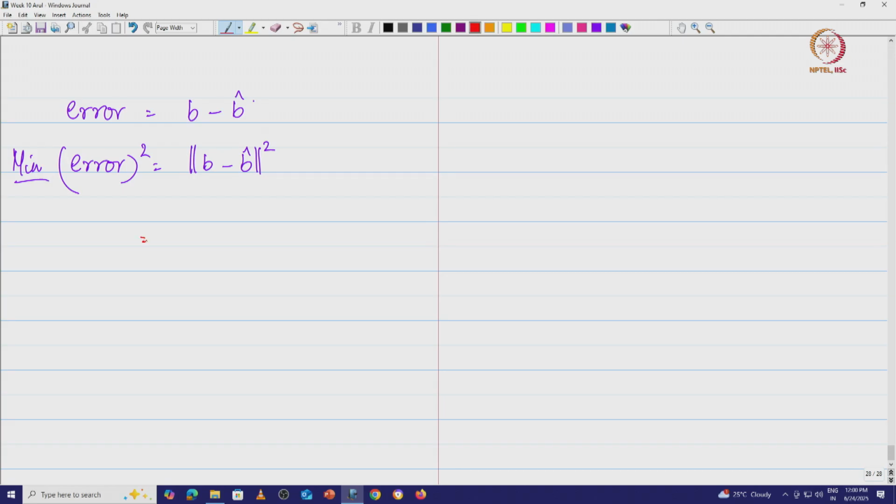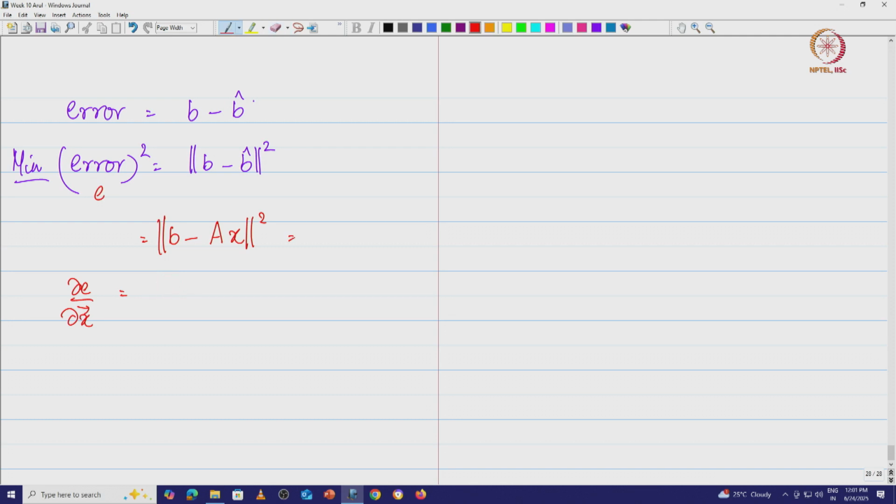We know that B minus B hat is nothing but, let us say, B minus Ax, and then for the optimal one, when I equate the gradient to 0, I will get the optimal value of x. So I have this error squared to be minimum. Let me call this E squared, or basically E. Now what I want is dou E by dou x, the vector. What is dou E by dou x vector? We already know this.